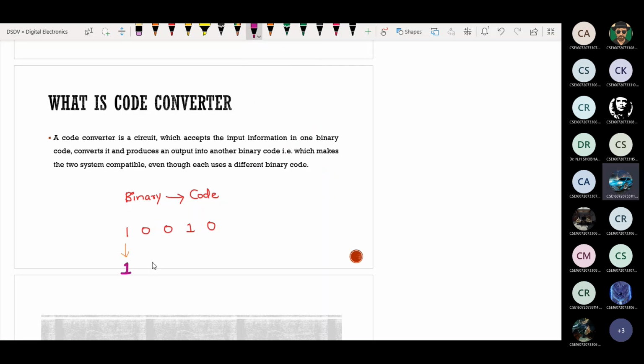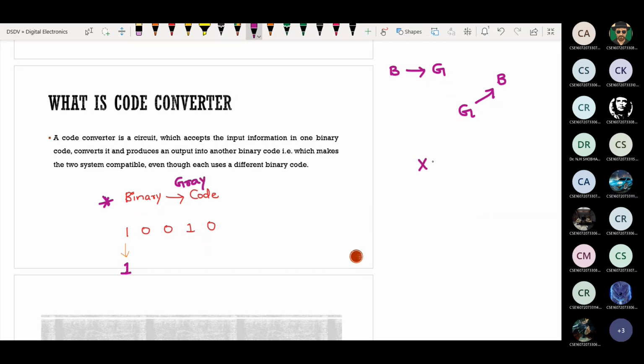First, the MSB should be preserved as it is. Diagonally or horizontally? Binary to gray, horizontally, then diagonally. Now tell me, which one should I compare, horizontally or diagonally? This is binary to gray.